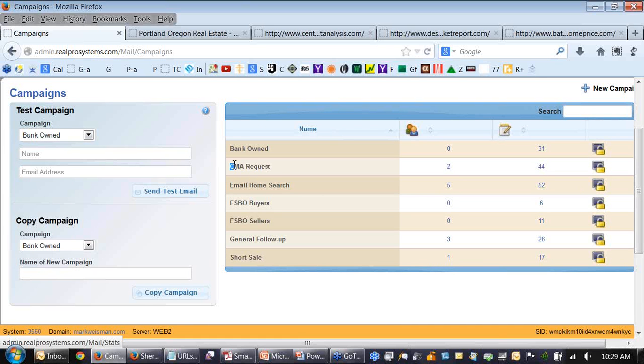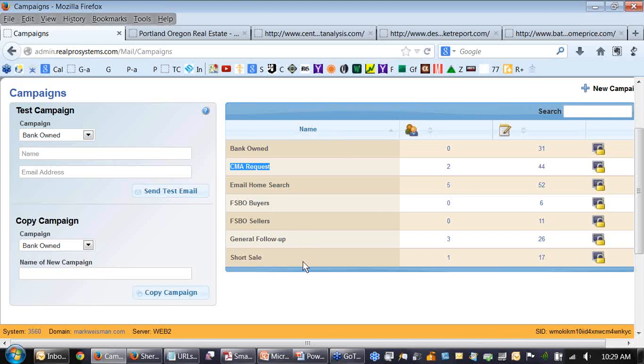So the CMA request campaign, the way that everybody receives their site from RealPro, if you look over at the right, under the letters, there's 44 of those, and they span exactly a year. Now, of course, as with all these campaigns, the agents can modify the time schedule and the contents of the letters, but that's 44 letters in a year, and each of them are different. The second thing that tends to go out